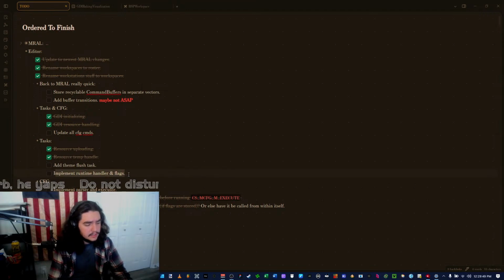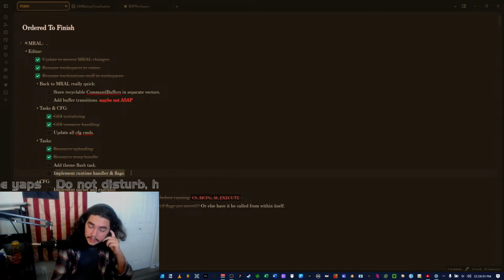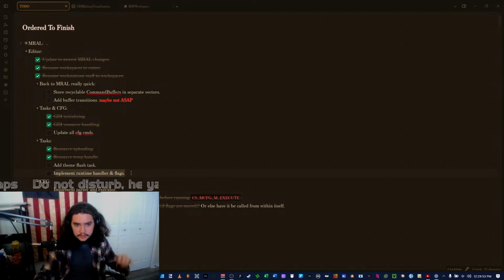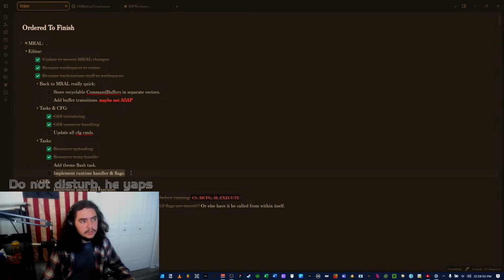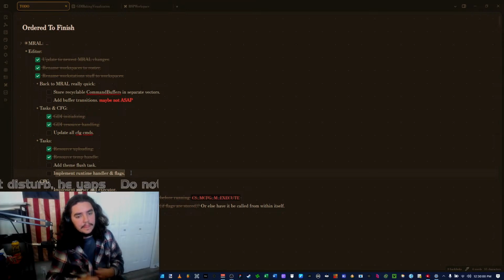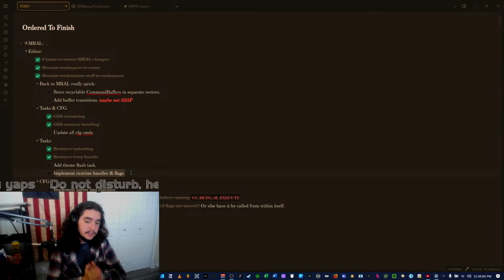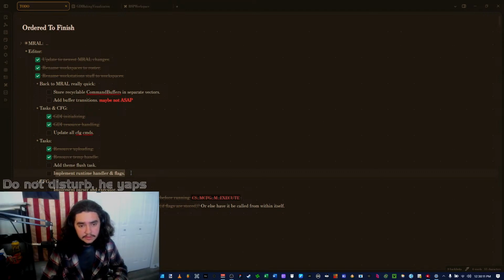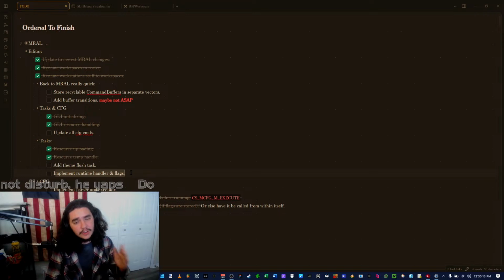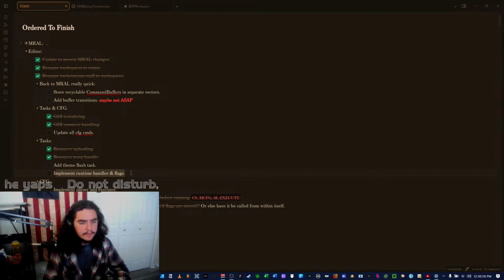But this task stuff, that's gonna be complex, because not only do I need to make sure that flags are being handled as I originally intended, but it needs to be asynchronous. And when I do asynchronous, I can't just launch a thread for every single task. I mean, there's very few tasks, so I could do that, but I would like a manageable system, if that makes sense.